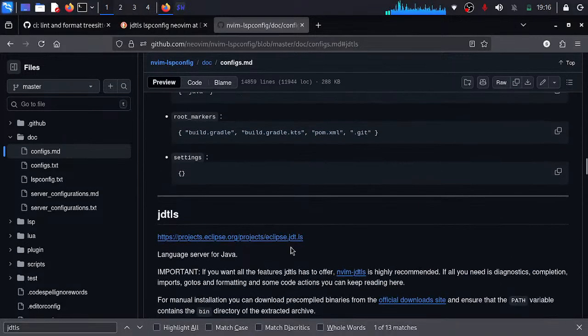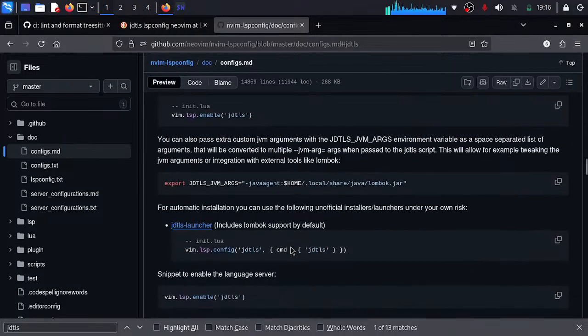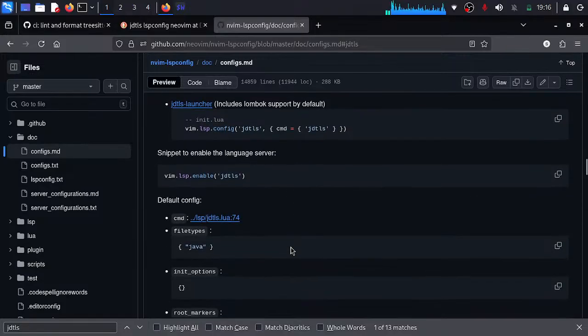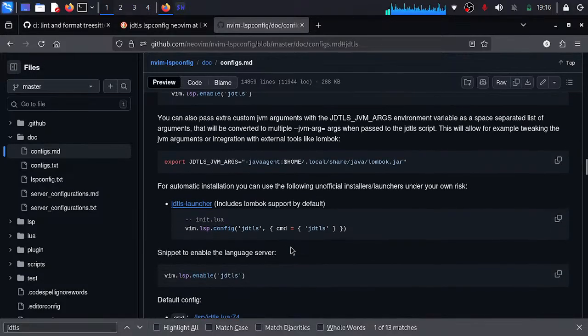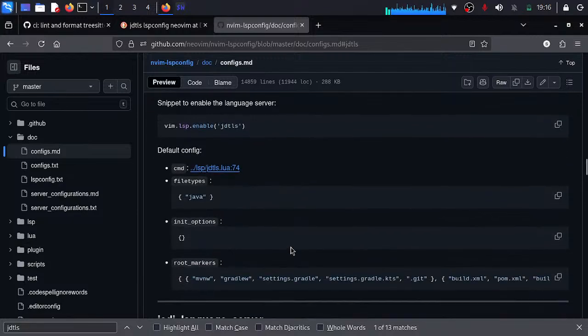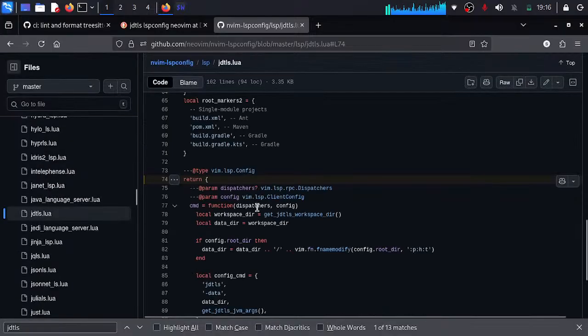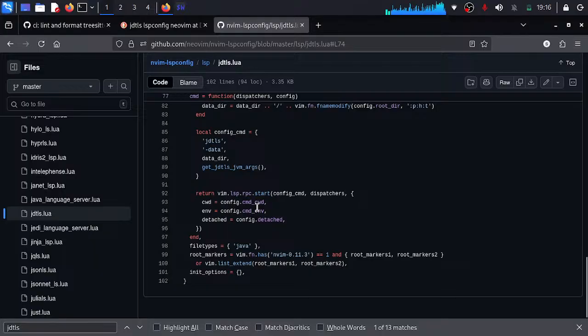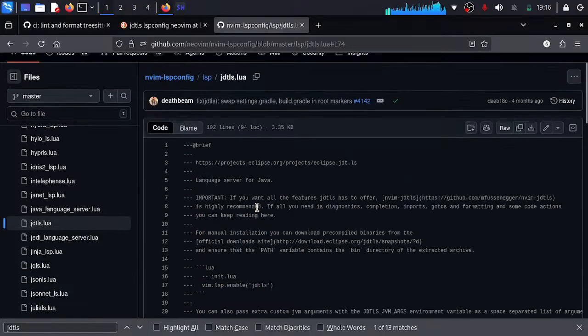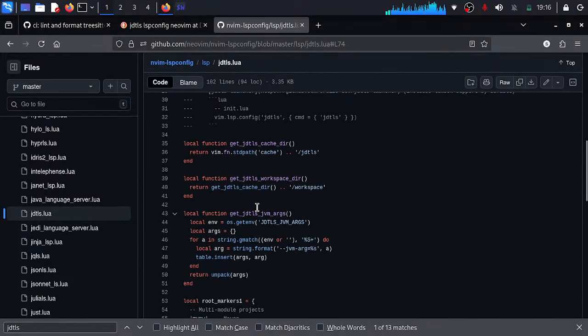vim.lsp.enable jdtls, and then vim.lsp.enable jdtls. Those are the same commands. Root markers. Default config. Yes, this is what I want. Give me the default config. What's the default config you're passing in for Java? And this is what you should do. You can add this piece of code directly